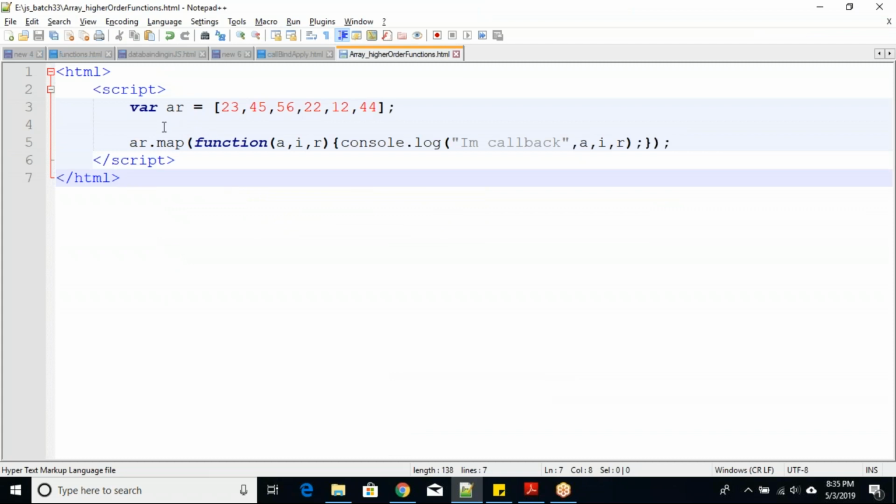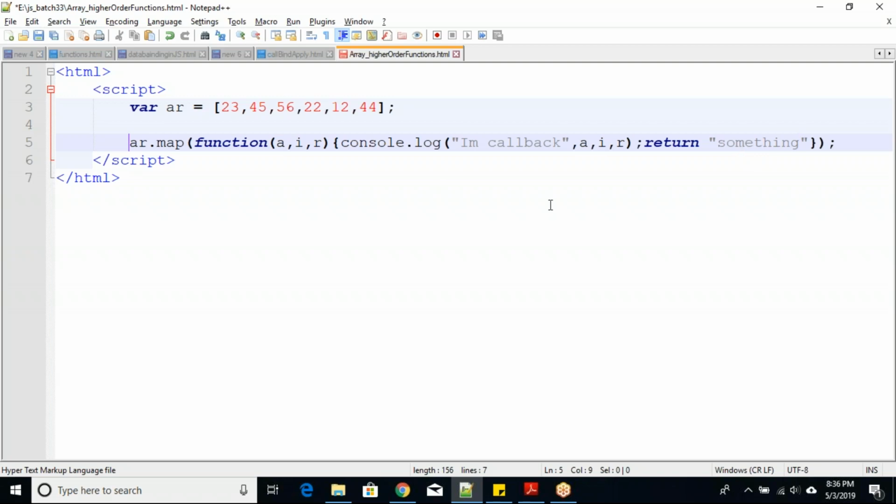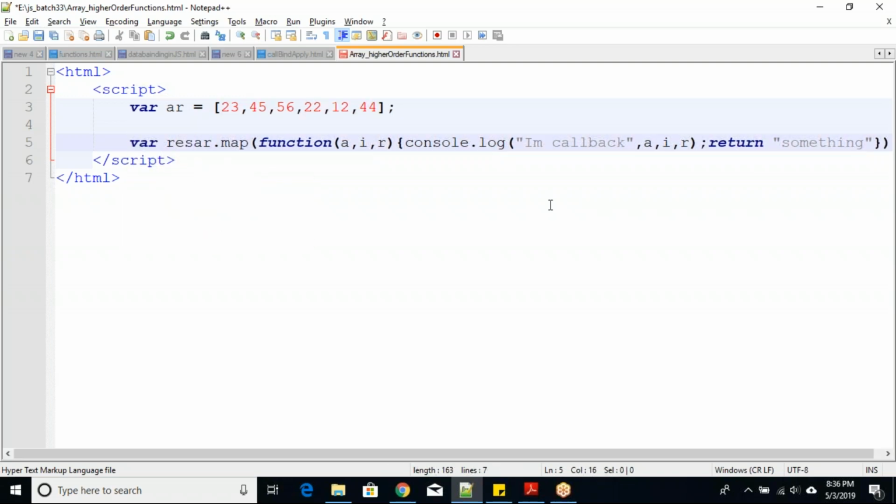Second thing is, it is not returning anything, right? This callback function is not returning anything. If you return something for every value of the array, all those somethings will be captured in another array and returned finally as a result.